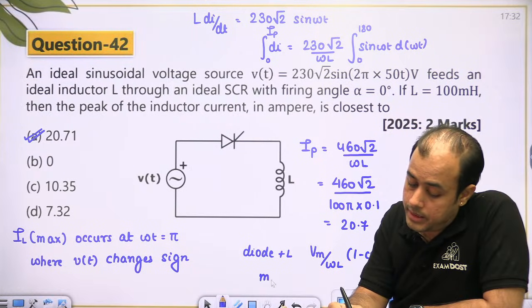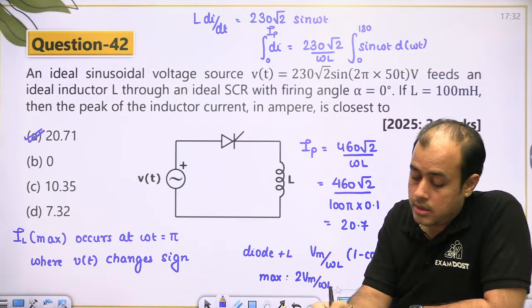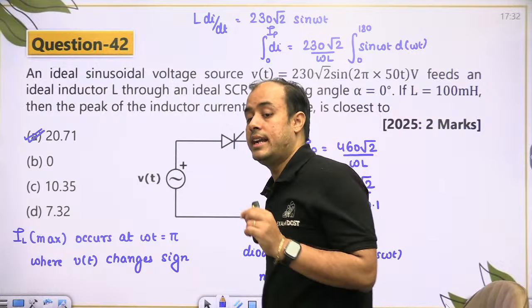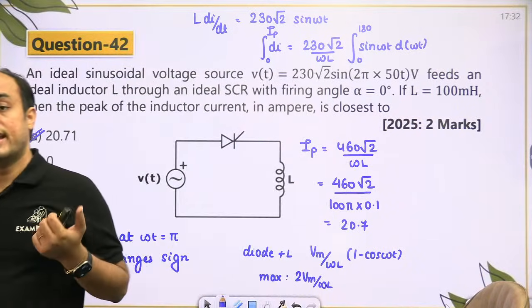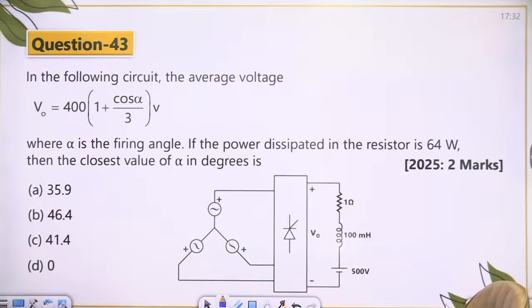So maximum is 2 Vm by omega L. But just remember the basic beta. मैक्सिमम करंट ऑफ अ इंडक्टर ऑकर्स व्हेनेवर इंडक्टर वोल्टेज चेंजेस साइन। ये बेसिक याद रखिए।